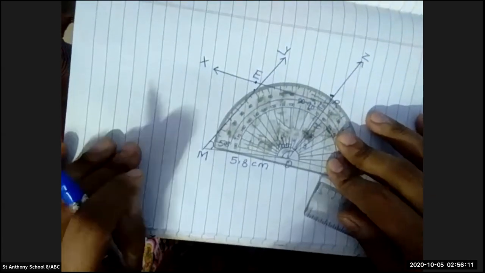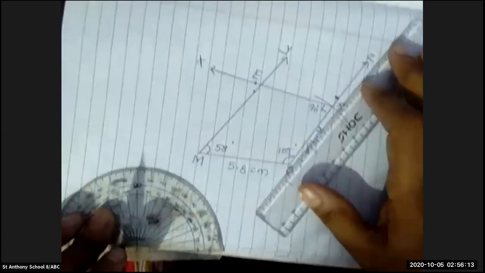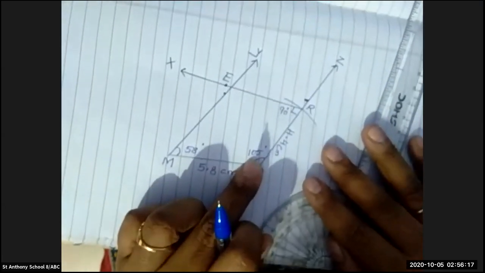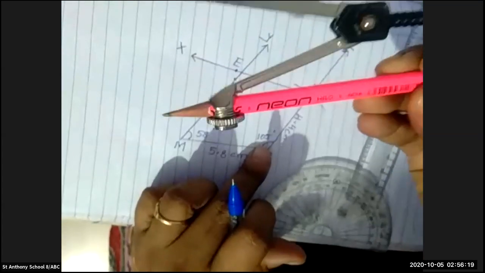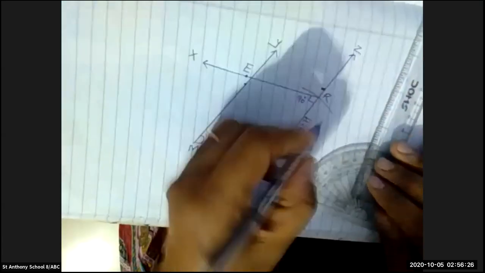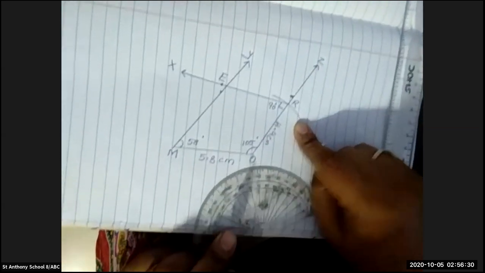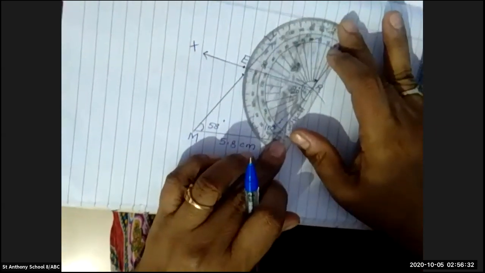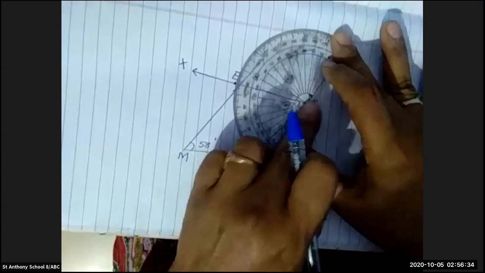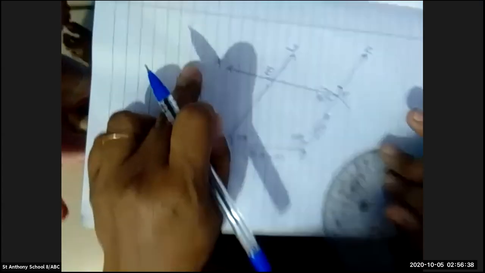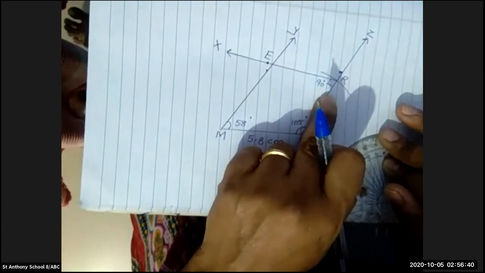Afterward, you have to make a line over here and write in front of O, it is 105 degrees. Then you have to take 4.4 centimeter in a compass, put it on the O and mark it and write the name as R. Then the angle R is 90 degrees. So you have to put your protractor in front of the R and take 90 degrees. Put a point and draw a line and write over here 90 degrees.